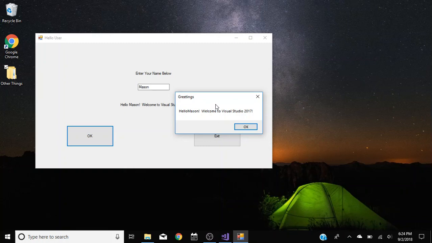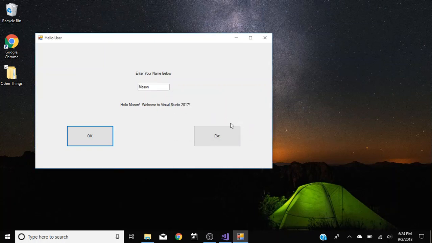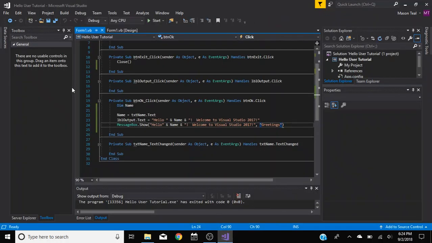But anyways, it's prompting you to click OK, and that comma greetings is right here. It's like the little name of the message box. Click OK, and here it is, exit, and there you go. I think the debugger crashed or something. It's kind of funny. But anyways, how to fix that, how there wasn't a space,